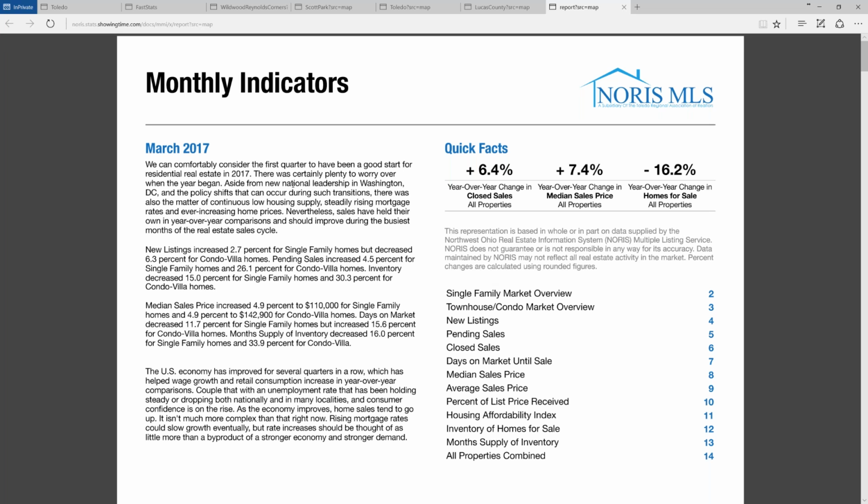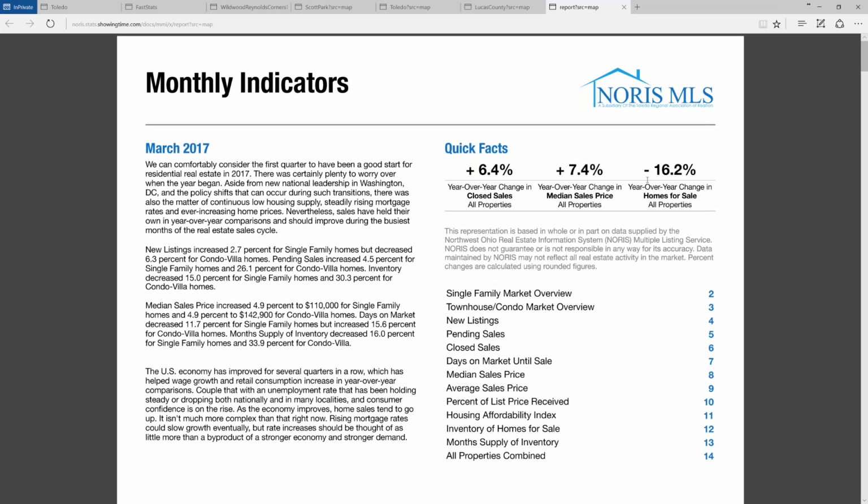First page here we have is the monthly indicators, a nice text setup for what's going on in the marketplace. The intro and outro paragraphs talk about the real estate industry as a whole and what's going on in the country and economy. The middle two paragraphs specifically cite what's going on in your market area. This is a great block of text that you can use in whole or in part for your own purposes, emails, social media posts, blog, etc., or use it for inspiration to create your own content.